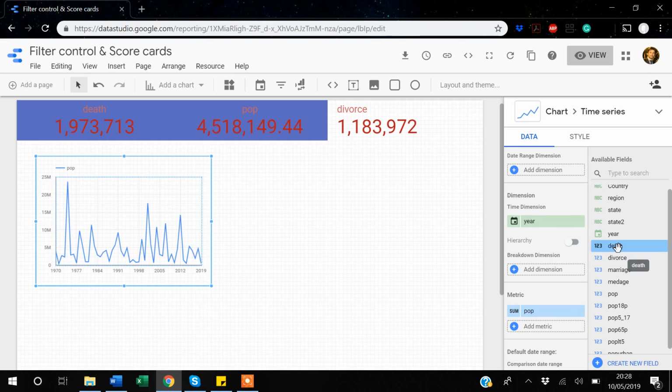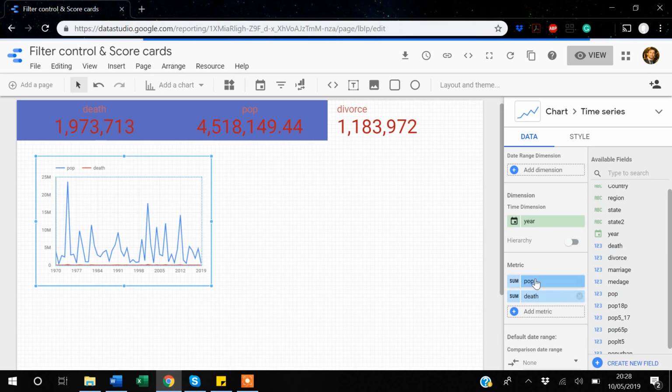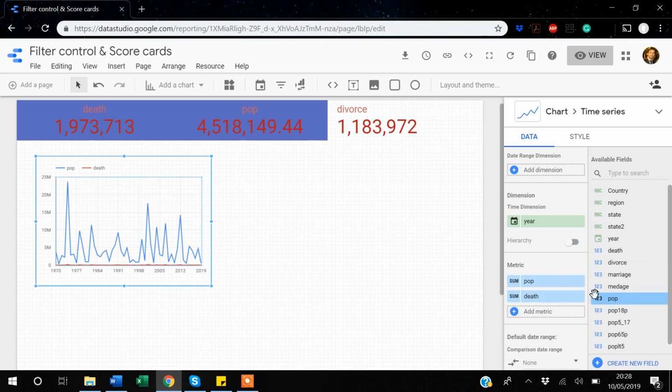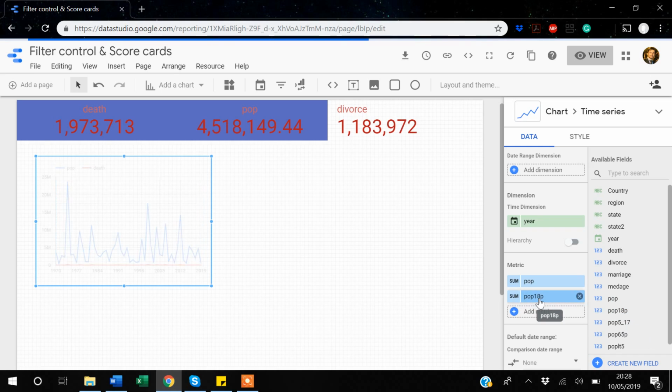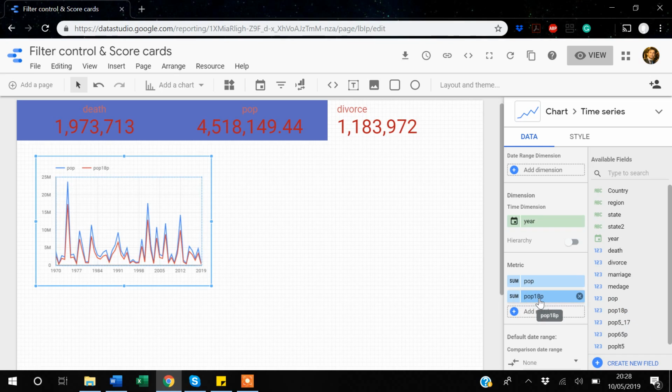Suppose I want death over year, so I can even select it here. So now it will be showing me a comparison of both death and population. But deaths are very low compared to the population. So it's better not to add death, because it will not give us a good comparison. Maybe this population 18, which is another variable. So that looks good. So now I think we are ready to add